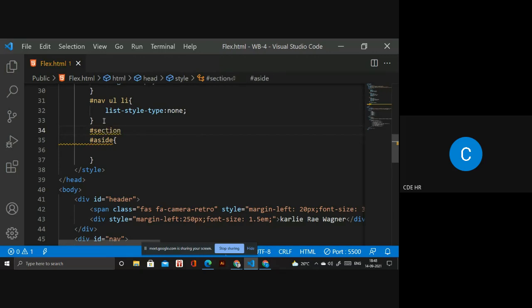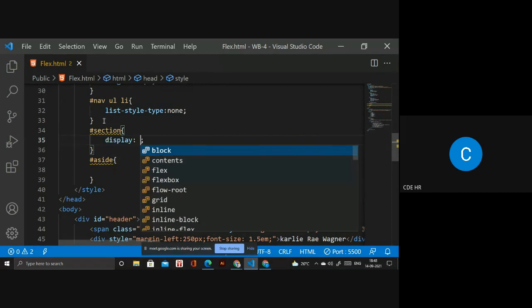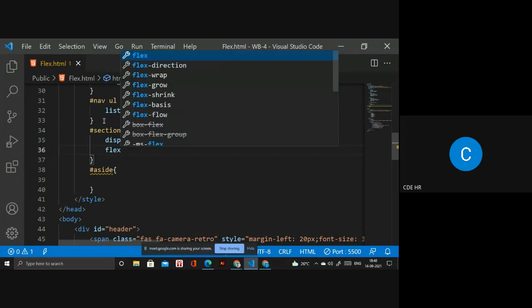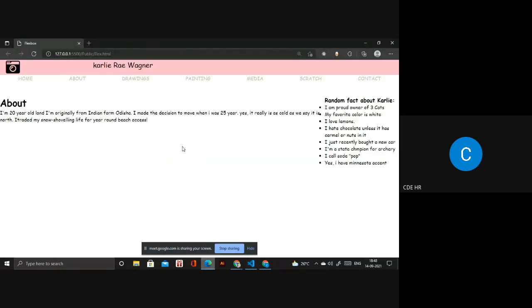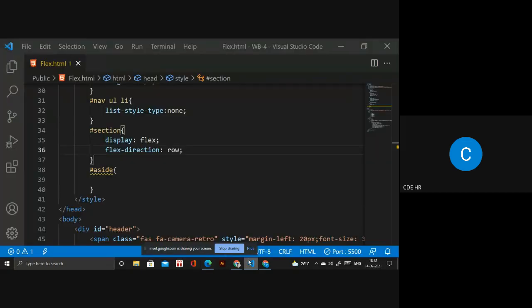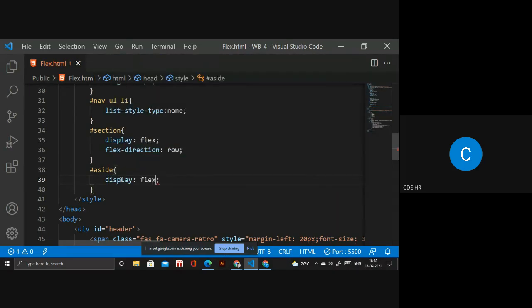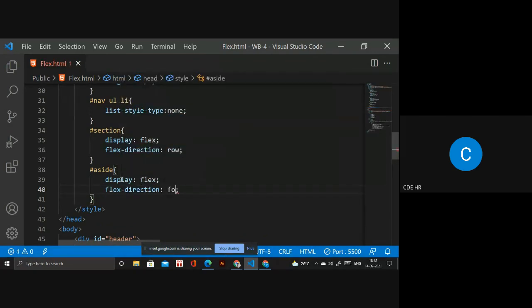Section, and in that I have to write display flex, and flex direction will be row. Okay, so now, but I want something red as well, so you have to write display text as well. So flex direction will be color.